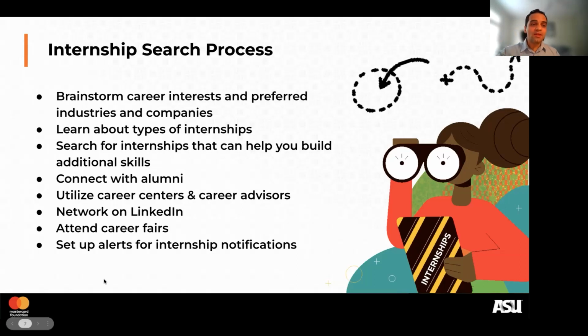Yeah. So utilize the career centers and career advisors. For those of you who are in universities and certain schools that have a career center, I know not all of you will have that option. I personally, for example, in my undergraduate did not have that option. So it depends on the country, the place. Not all of us have all the privileges, sadly. But sometimes you do. And if you do, make sure to take full advantage of it, right?